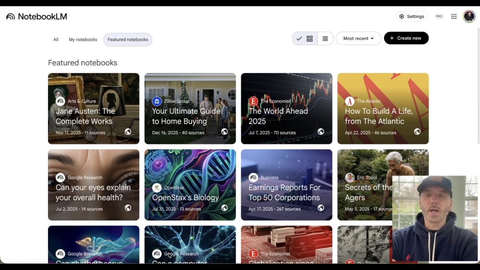Now there's three tiers or maybe even four tiers, but the two main tiers for us is either free or a paid pro version through either Google One or one of the other Google AI Pro accounts. And so I paid